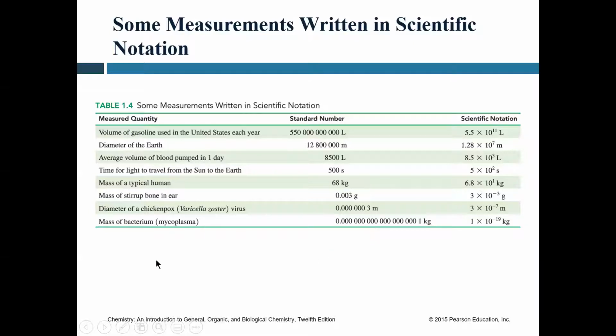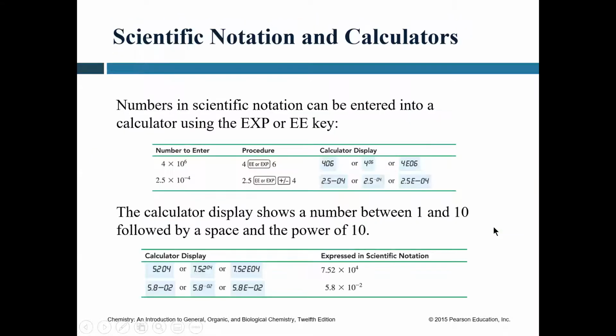Looking at this number down here, the mass of a bacteria is a very teeny tiny amount of a kilogram. This is a total pain to write, much easier to say 1 times 10 to the negative 19. Okay. When looking at your calculator,